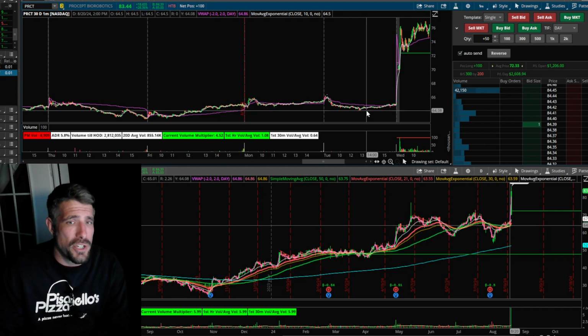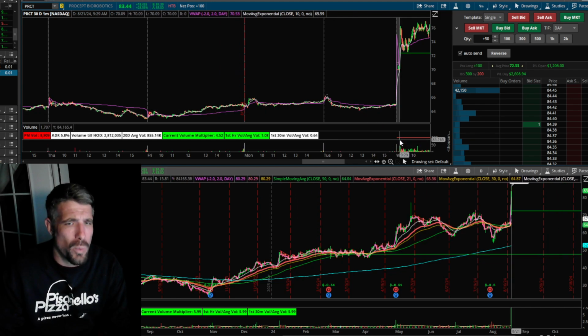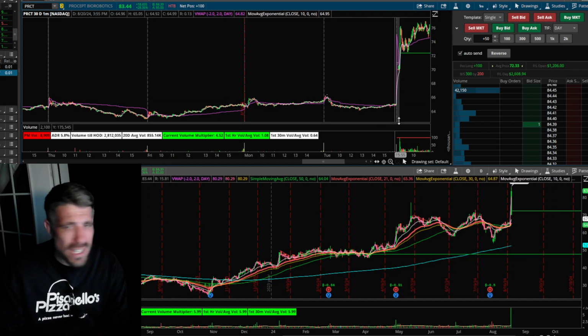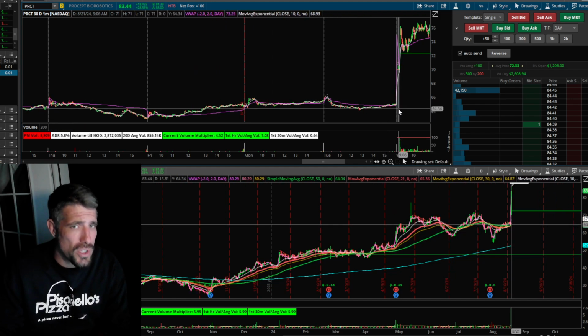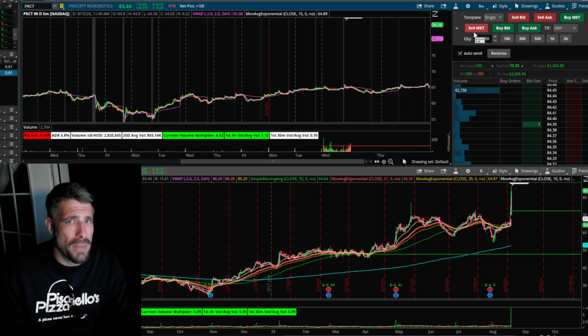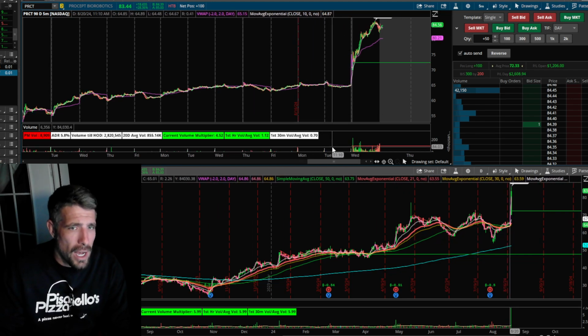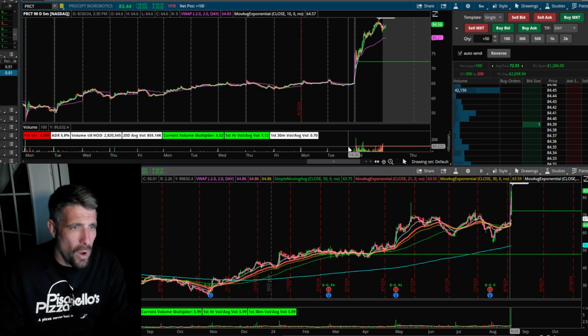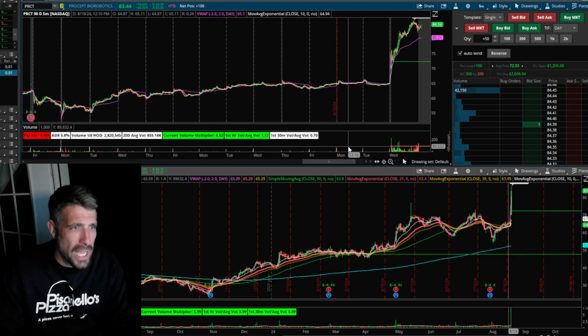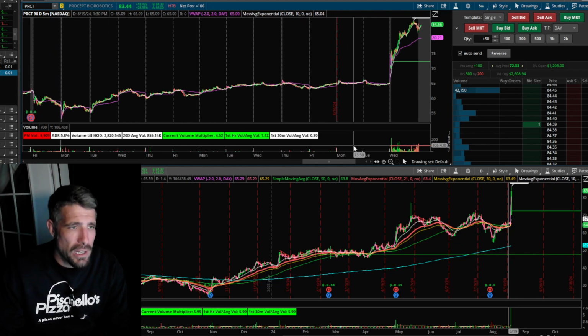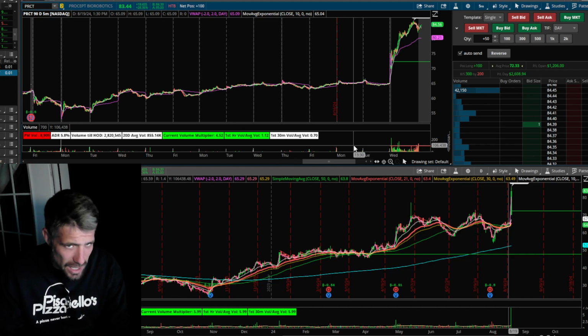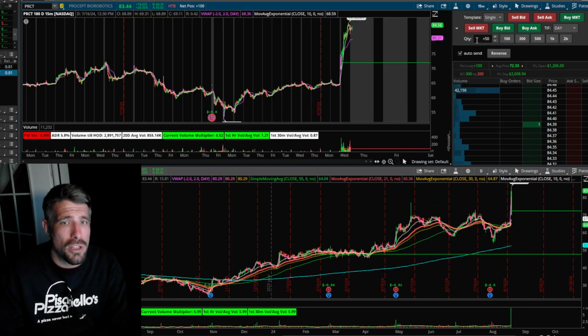What I did is I just zoomed out and I said, look at this 1 minute volume candle. When's the last time it was trading this much volume in 1 minute? And this isn't earnings. This is on a piece of news, right? So then I zoomed out to the 5 minute, and I zoomed all the way out, and this is where that bar was. It was at 100. And I said, wow, there hasn't been one candle traded this high in weeks, let alone if I zoomed out to the 15 minute.